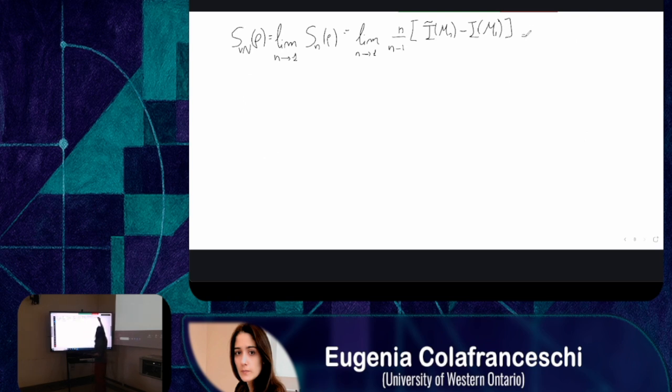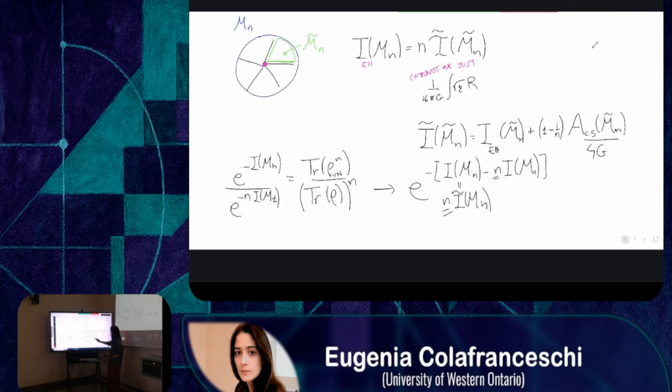So this is just the derivative in n of my action, evaluated for the case n equals 1. And now if you substitute here this expression of the action for the slice, in which you have this contribution for the area of the conical singularity,